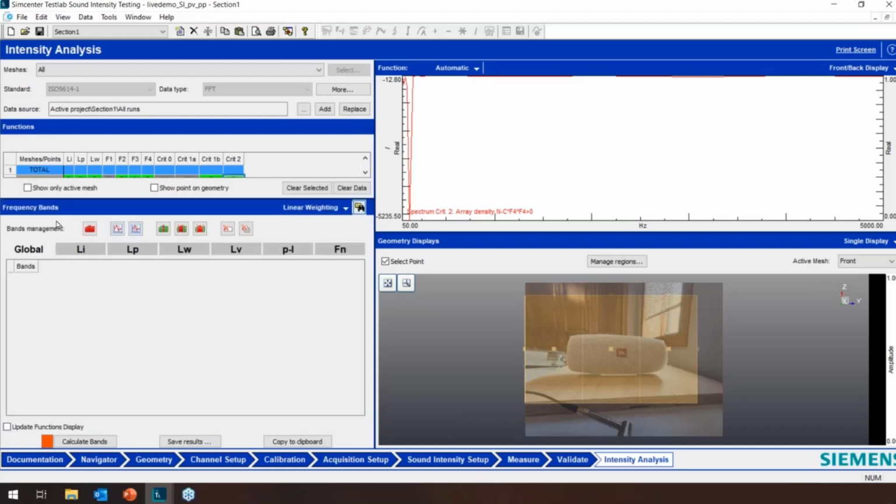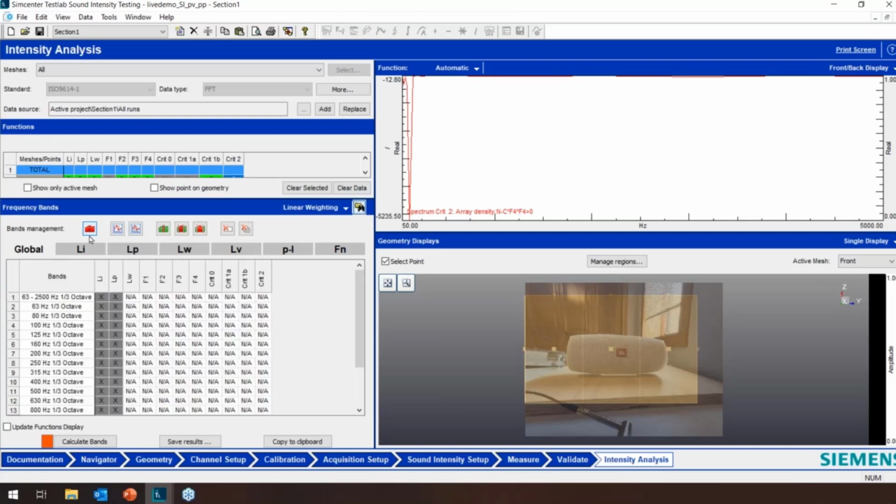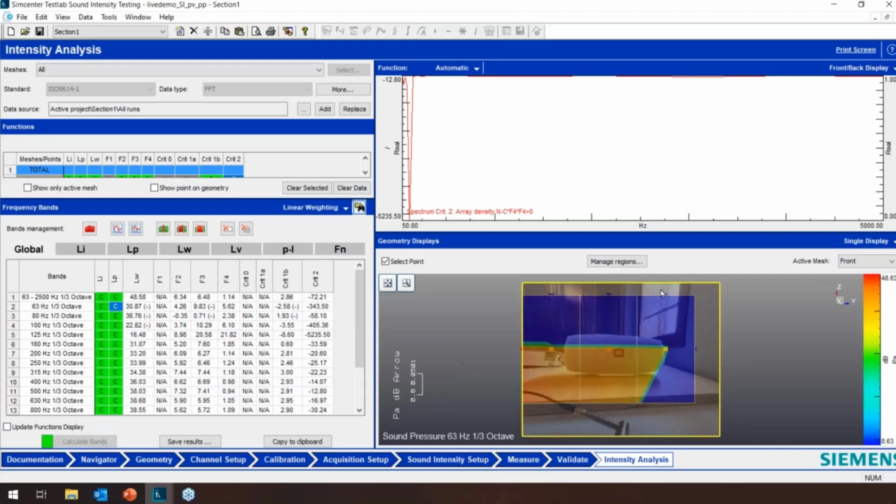Now if I click this button, it says add all the third octaves. We're going to do that. There's an X right now because none of them have been calculated. So then I can come down and hit calculate bands. And you'll see I've got a little intensity graph. This is the sound intensity for all the different octaves.